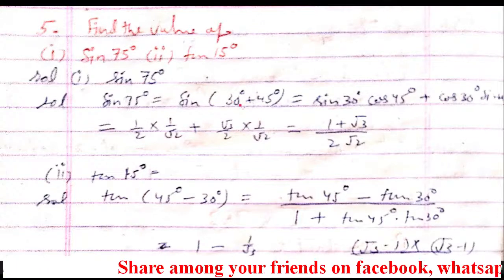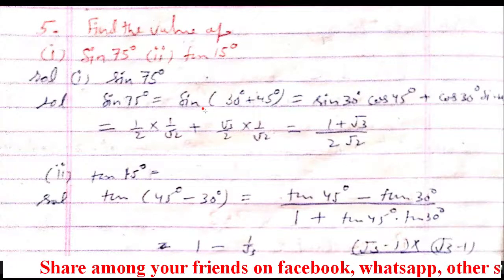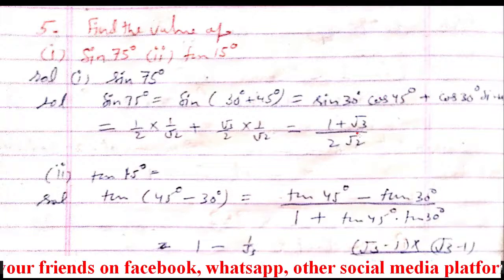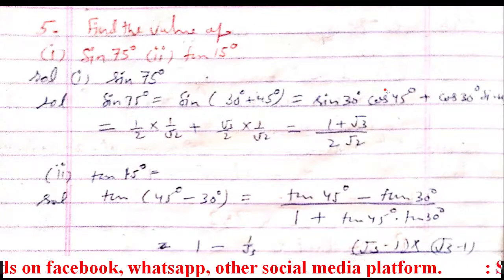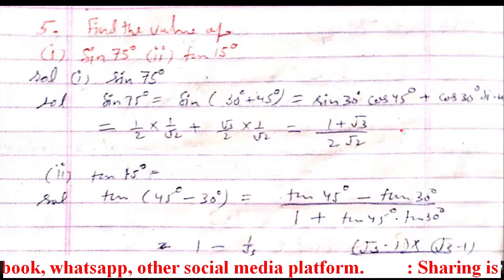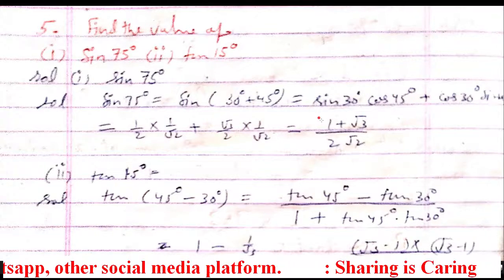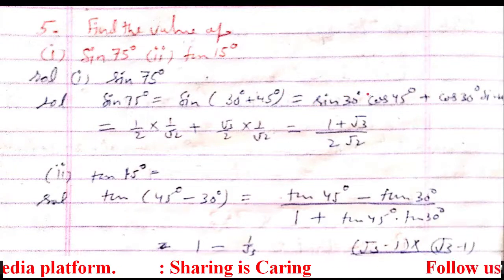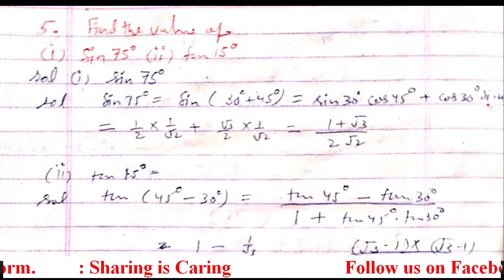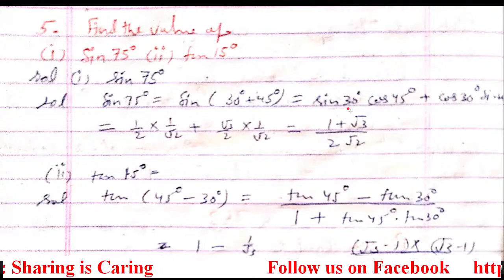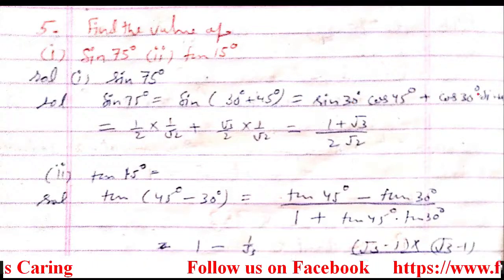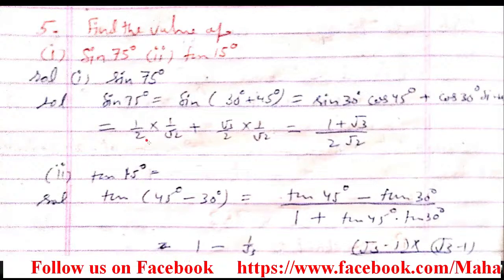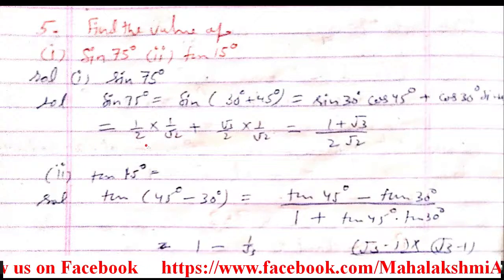So what is the sine a plus b formula? Because it's sine, alternately sine and cos will come, and plus is there, so in the middle also plus will come. So sine a plus b is sine a cos b plus cos a sine b. Once again I am repeating, sine a plus b is sine a cos b plus cos a sine b. Now here we will put the values of sine 30, cos 45, cos 30 and sine 45. That will give you like this. Now here we cannot cancel anything, so take the LCM directly.